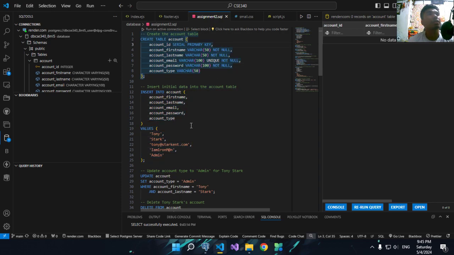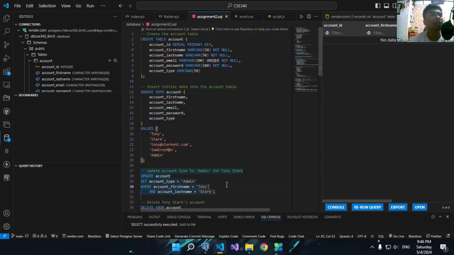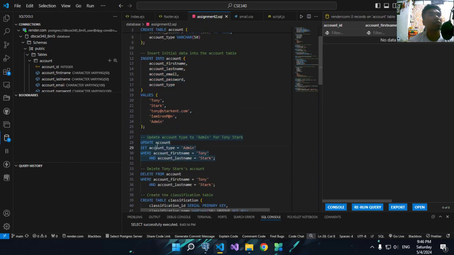And as you see here, this is for the table and this is for the columns. So this is the values of the data types I inserted. And after that, the admin will update or set a name as an admin.